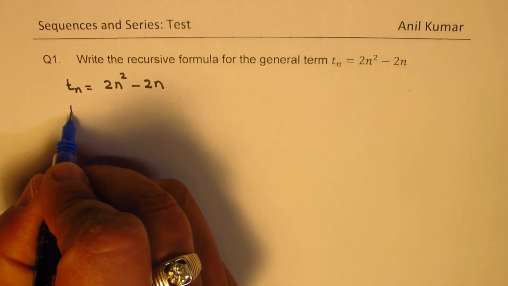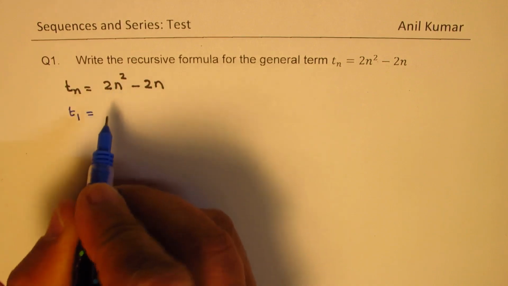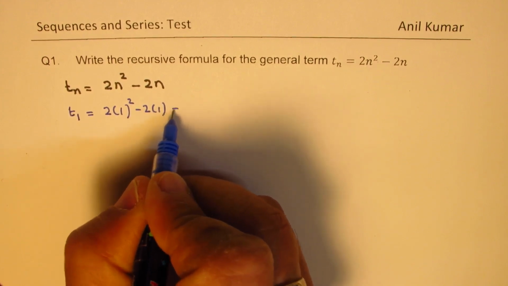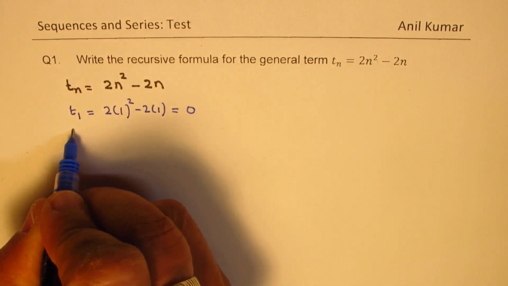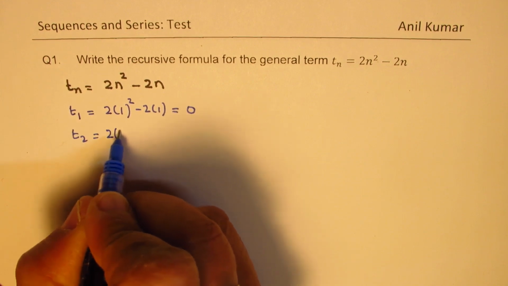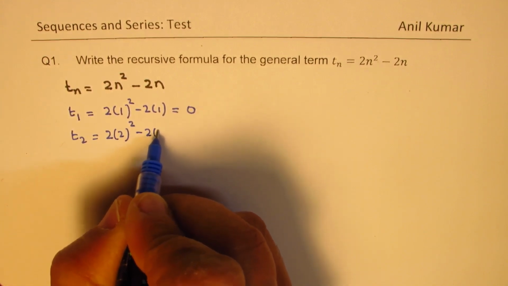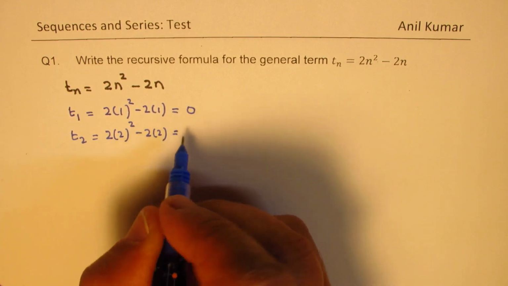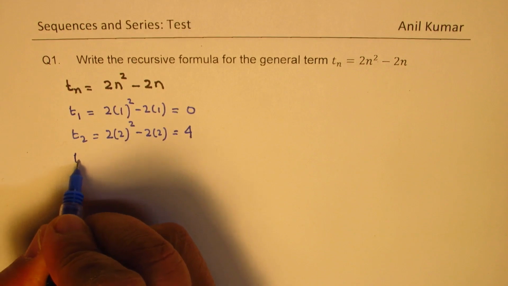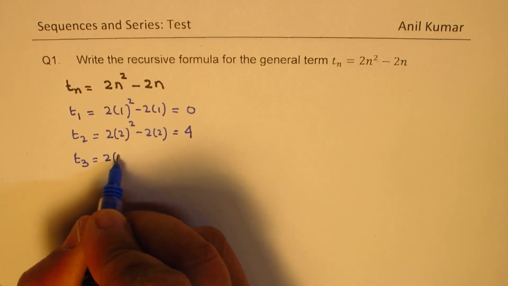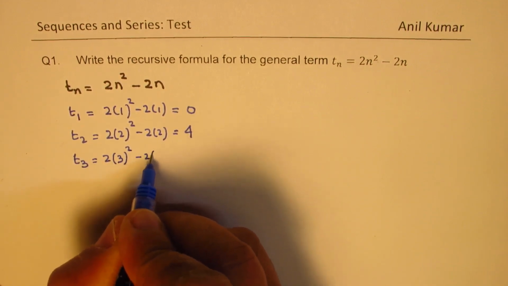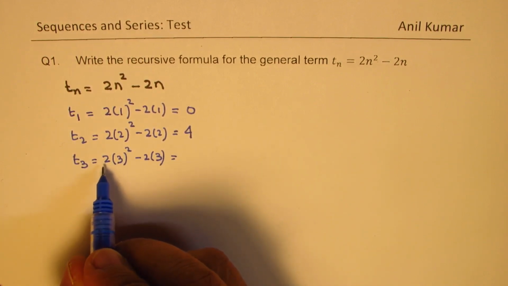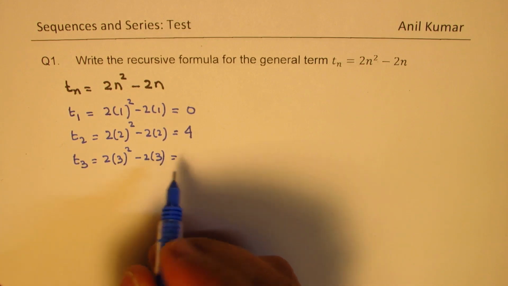So starting with 1. If I substitute 1 here, what we get is 2 times 1 squared minus 2 times 1, which is 0. And then the second term will be 2 times 2 squared minus 2 times 2. So that is 4 times 2, 8. 8 minus 4 is 4. Then we get T3 equals 2 times 3 squared minus 2 times 3. So 9 times 2 is 18, and from 18 we have to take away 6, so that leaves us with